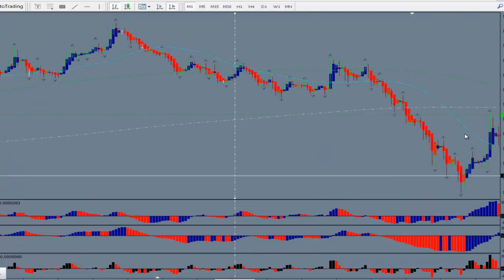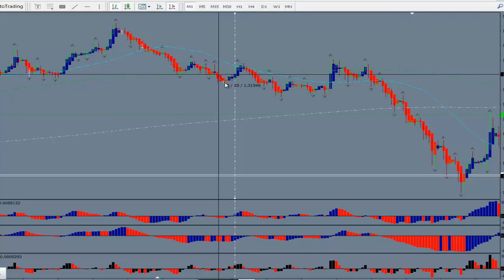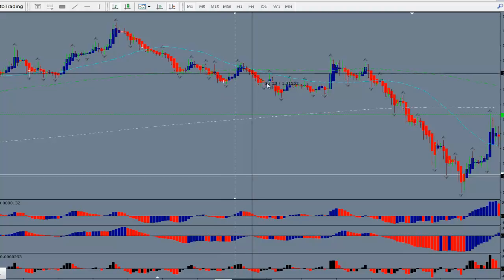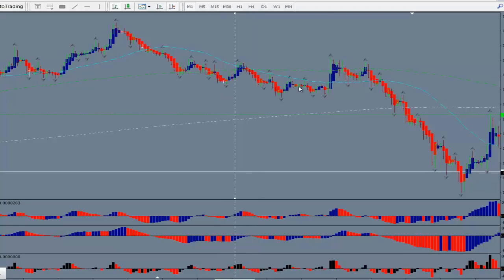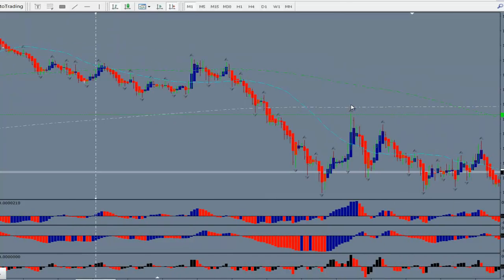Why do I know that? Because it's not below all three. So you could be trading up here. There's that little retracement. There's a little 6-pip move. They're very small and not very strong. And so your better move, safer move, is when it's on the same side of all three moving averages,